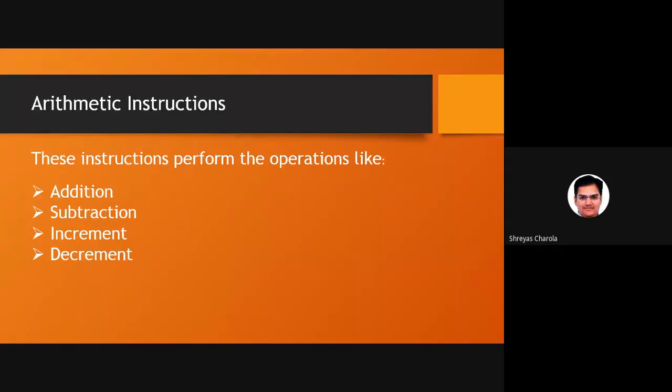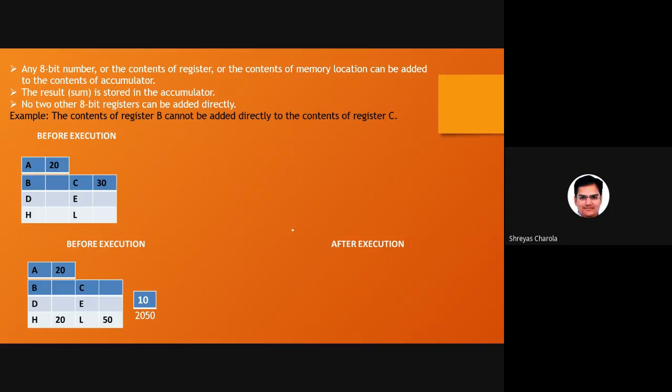What are the instructions related to arithmetic? Addition, subtraction, increment and decrement are examples of an arithmetic operation. And what do you mean by the logical operation? AND or XOR gates are examples of a logical operation. See, in this arithmetic, if you really understand only one category, that means the ADD instruction, if you learn it, the subtraction you will learn as it is. Okay. So I'm starting with the ADD operation.